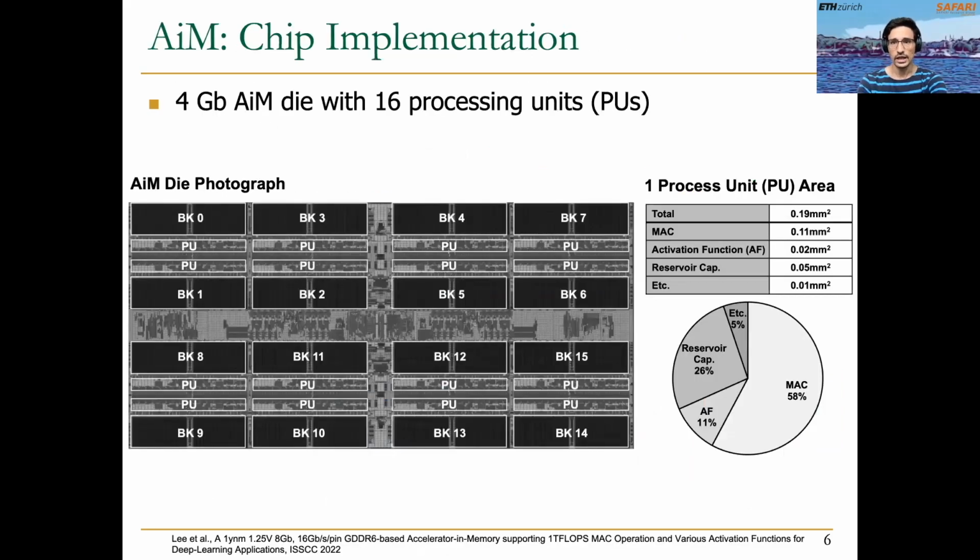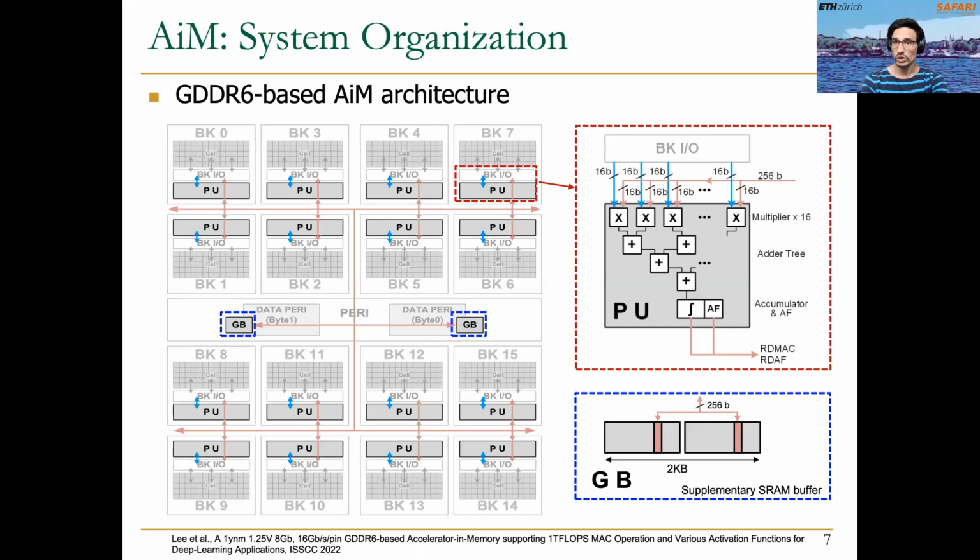Another similar architecture that we presented as well, proposed by SK Hynix, is this accelerator in memory that is based on GDDR6 memory. As you can see on the slide, there is one processing unit connected to each memory bank. These processing units contain multipliers and an adder tree, and also have the ability to execute different activation functions based on lookup tables. Another interesting innovation in this architecture is that it includes a supplementary SRAM buffer, called the global buffer, of size 2 kilobytes,